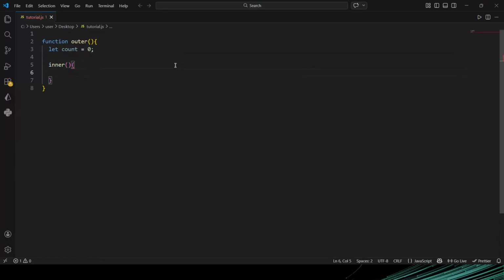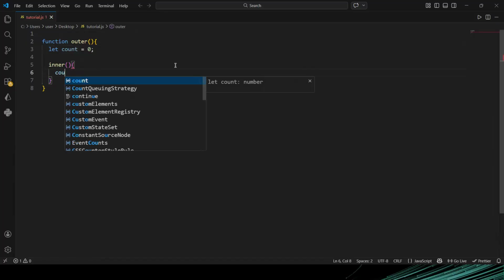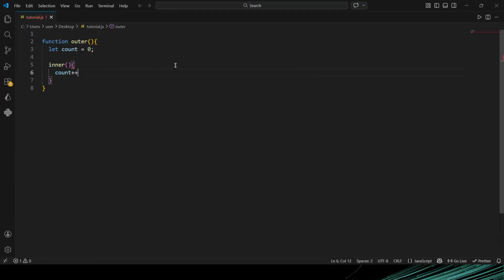This inner function can actually do something with the outer function's variable. Let's say count++. So we are incrementing. This inner function has a closure over it. Remember, what is wrong with my code? Something is wrong. Oh, I didn't use the keyword function. So now remember, this inner function